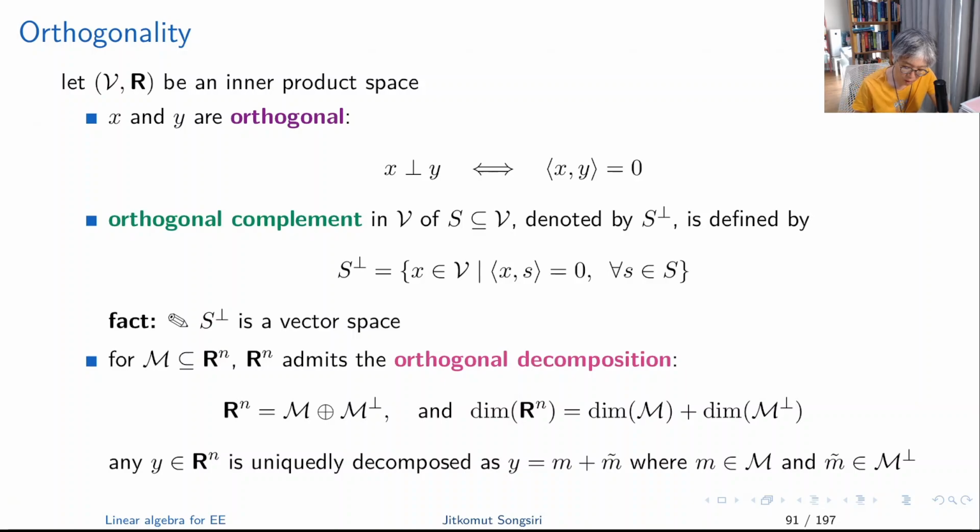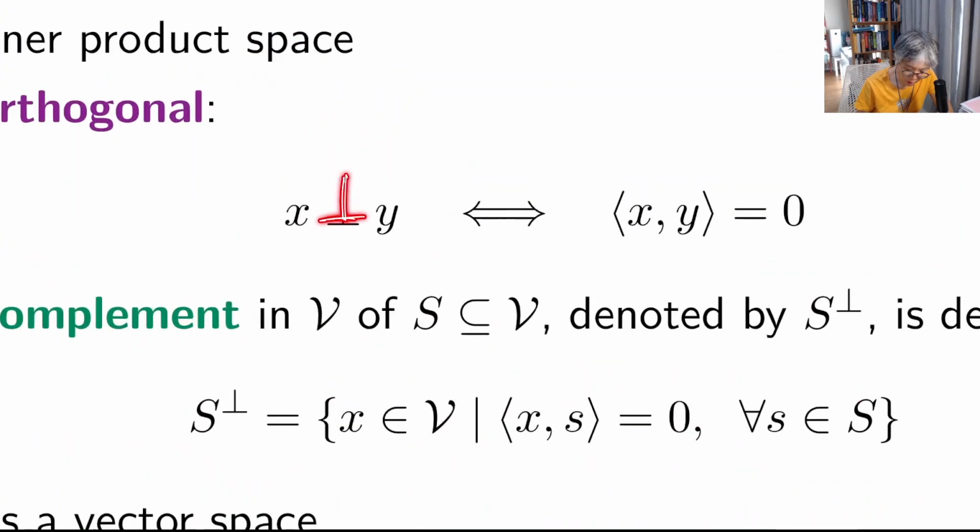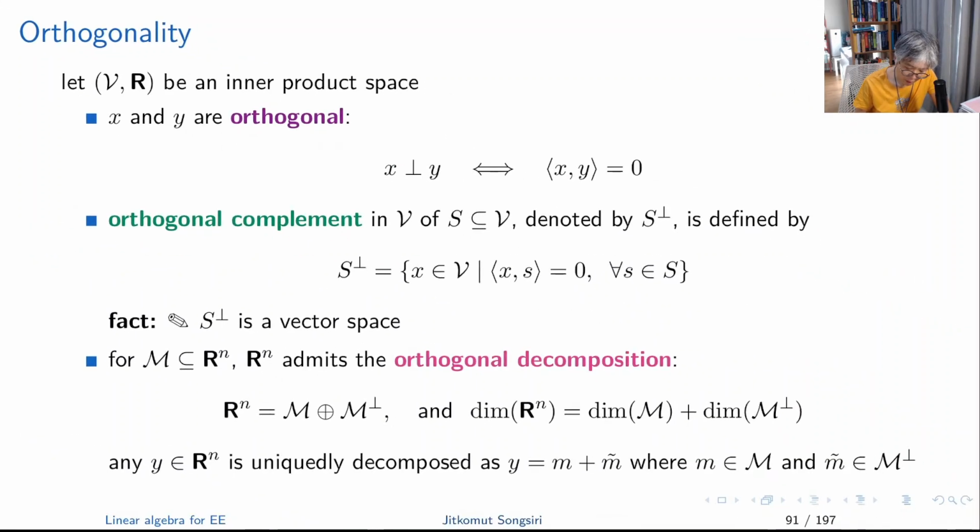When we have an inner product space, we have the concept of inner product. Now we introduce the notion of orthogonality. So we say x and y are orthogonal, and we use the notation x is perpendicular to y, if and only if the inner product defined on such a space is equal to 0. Okay. And when you have that notion of being orthogonal, for example, in Rn, obviously these two guys are orthogonal,